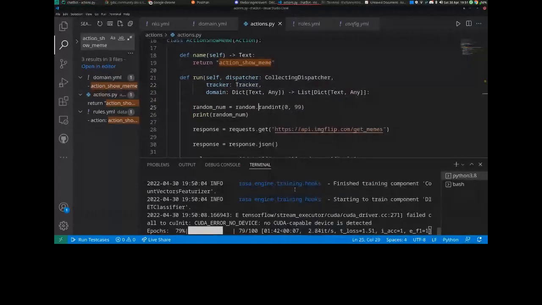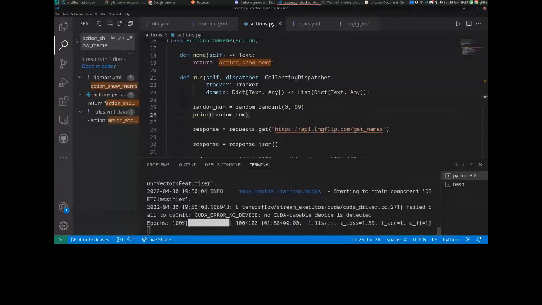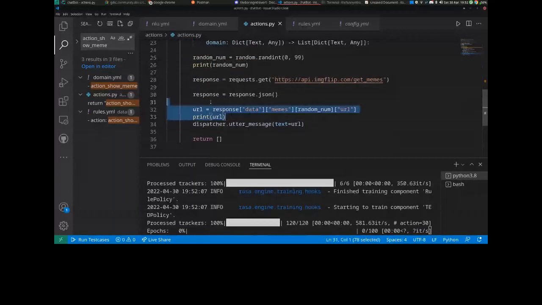So tracker has something called latest message, where you can get the latest message sent by the user itself. So you can maybe add some if else condition here. So if the user said something like this, maybe you can change your custom action directly based on that. Yeah, so that is that, and we are just basically doing simple programming here. We are getting the URL out of this response from whatever we get.